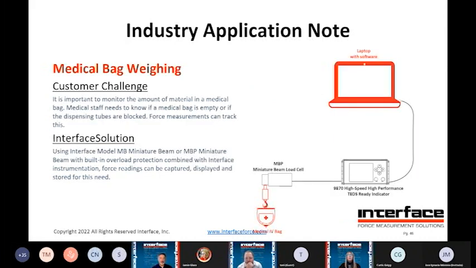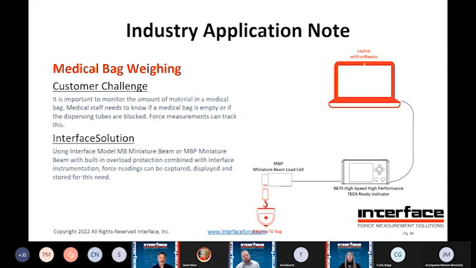Medical bag weighing. I think we've mentioned this. Fluid monitoring. Bag weights. You see these when you're donating blood, the bags weighing, or on the IVs from those stands. It's basically utilizing MB miniature load cells in this particular situation, or more importantly MBPs